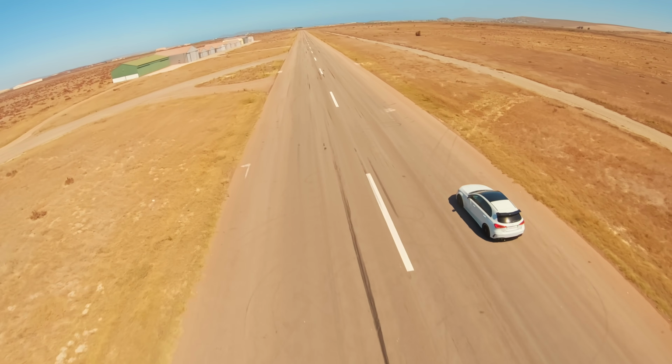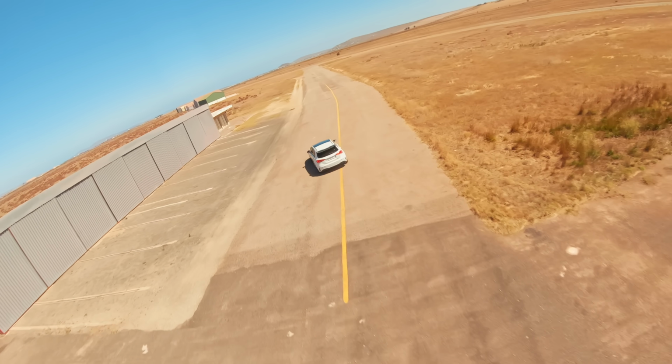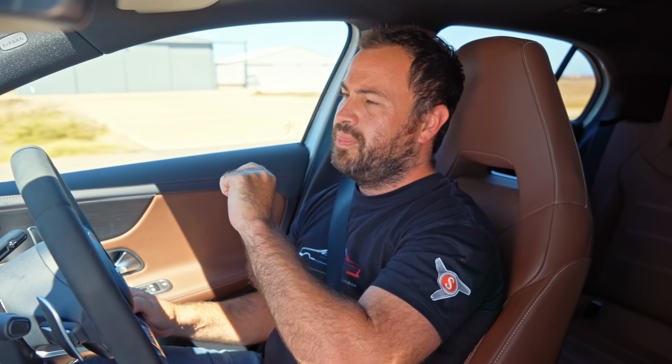Nice, shifted up a bit early there. Oh, this thing's pretty playful. I do not think you'll get bored driving this car. But all that being said, I have some major issues with this car, like major issues, and it comes down